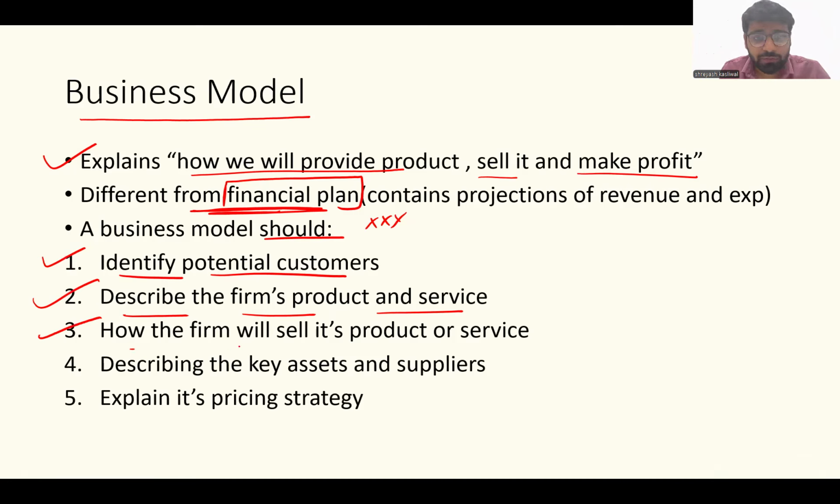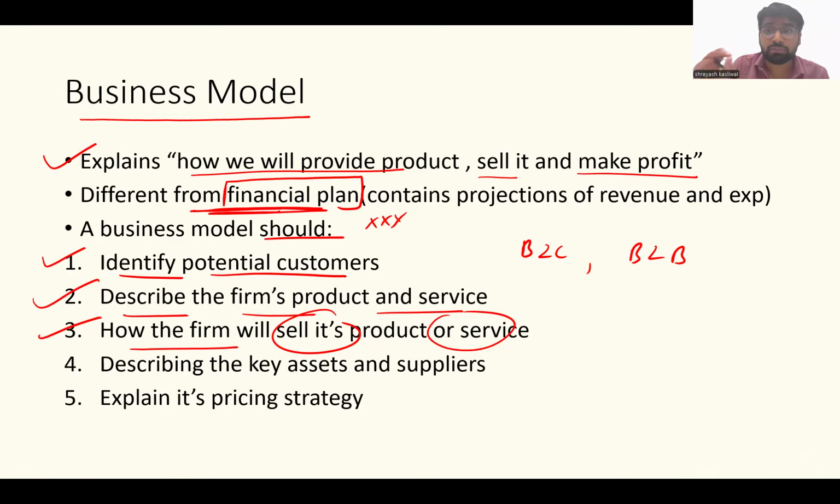The third point talks about how the firm will sell its product or service. Now, how am I going to sell my product? Am I going to adopt B2C, which is business to customer, where I directly sell to the customer, or B2B, where I, as a business, sell to another business? Do I want to adopt offline mode, where I'm just selling in the store, or online mode, where I'm not available in any store and sell only online, or a hybrid mode where I sell both online and offline? All of those things are how the firm would eventually sell.